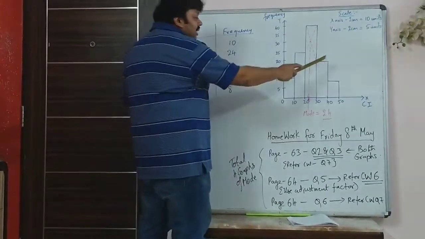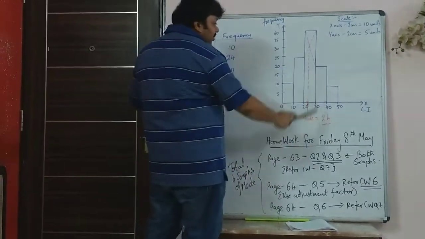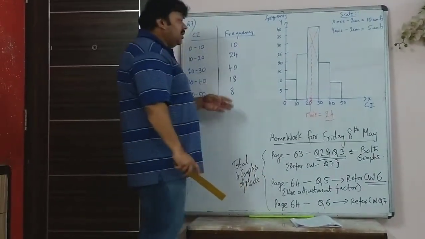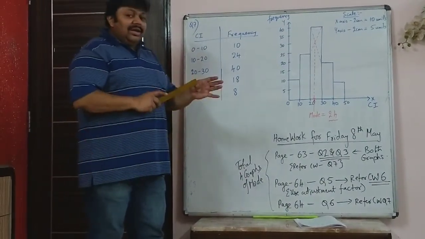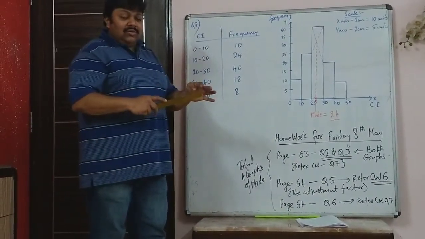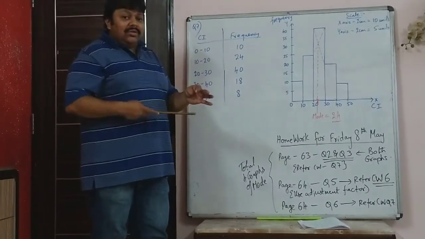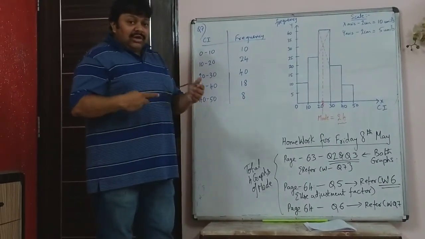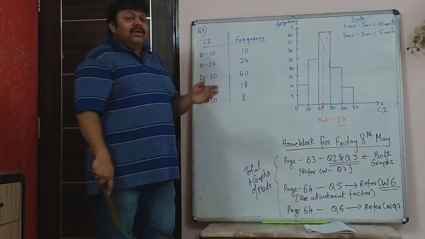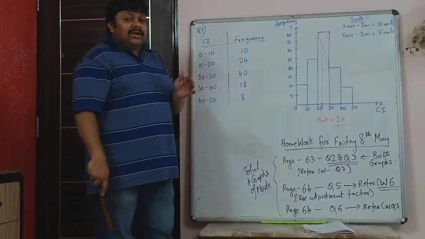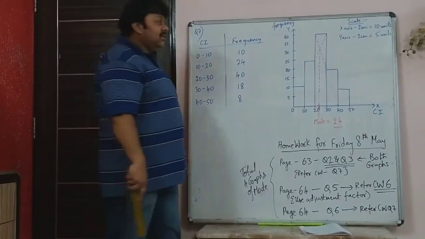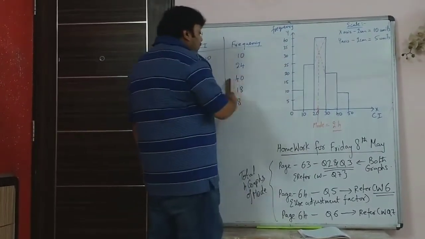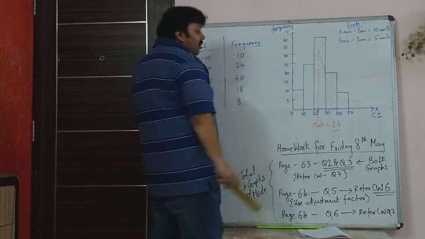Then you have 18. How many lines below 20 will 18 be? It is going to be 4 lines below 20. One line below 20 is 19.5. Then 2 lines below 20 is 19. 3 lines below 20 is 18.5. 4 lines below 20 is 18. So this has to be 4 lines below the 20 mark.